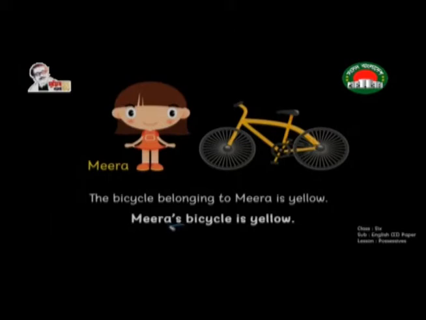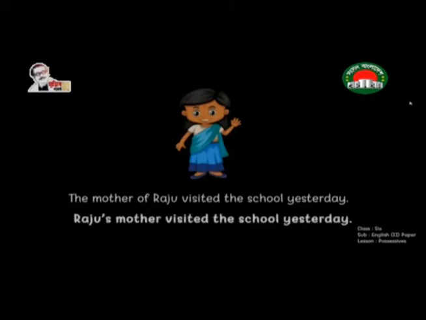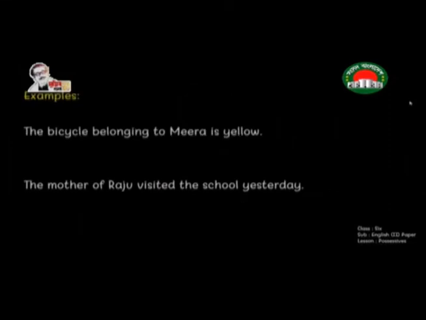Let's take another example. The mother of Raju visited the school yesterday. So instead of that, to express this mother-son relationship, we can say Raju's mother visited the school yesterday. So that is shorter, quicker, and easier. Here, Mira's and